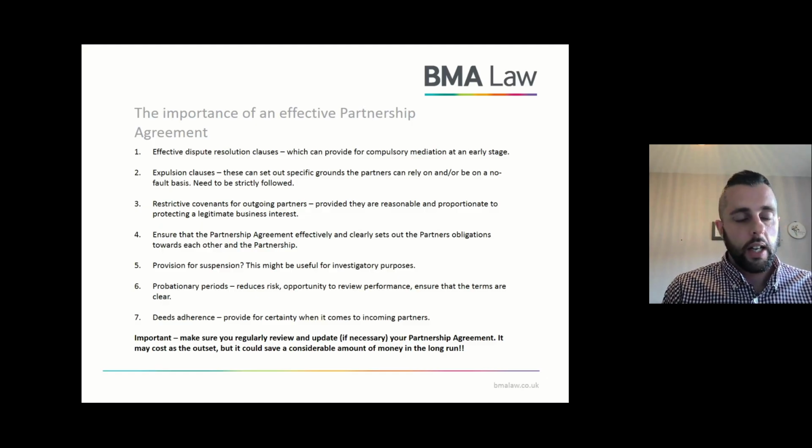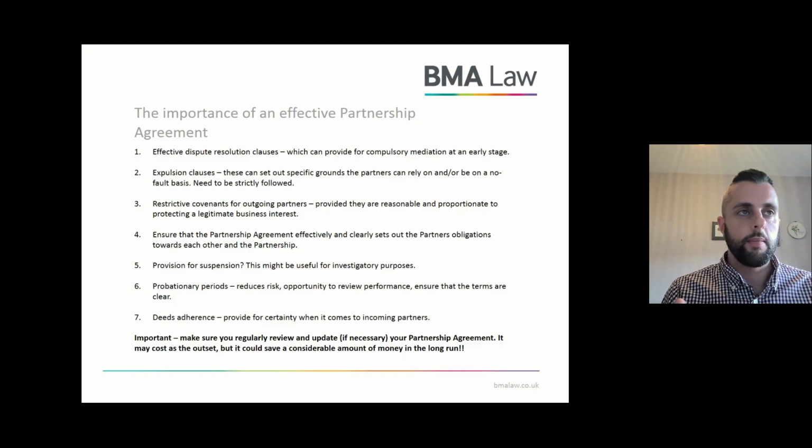Secondly, expulsion clauses as well. The default position under the 1890 Partnership Act is that it doesn't provide for a lot of things, but it doesn't provide for expulsion. So unless the partnership agreement includes a right to expel, then it wouldn't be a right that's open to the partners. So most partnership agreements these days include an expulsion clause. They do differ from partnership agreement to partnership agreement in terms of how detailed they are and what they include,